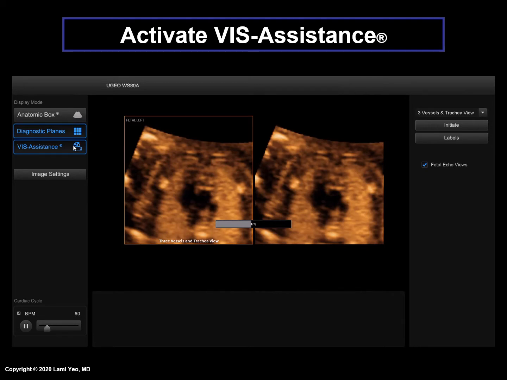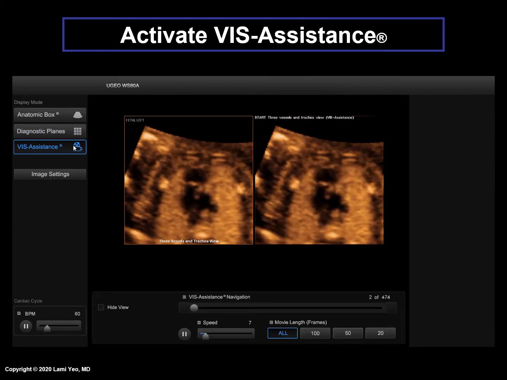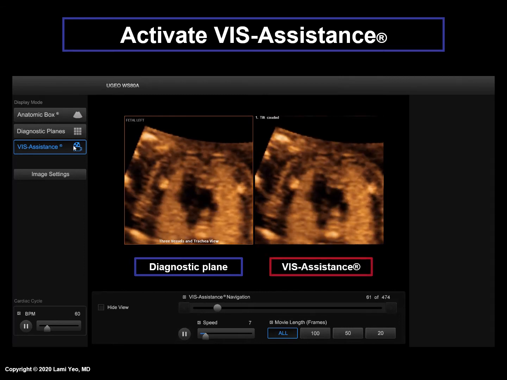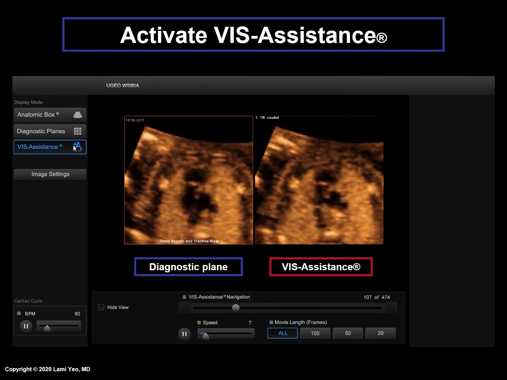Next, the VISA Assistance video clip for the cardiac view is activated. On the left side is the original diagnostic plane of the 3 vessels and trachea view, while on the right side the VISA video clip plays and there is automatic sonographic navigation and exploration of surrounding structures. As a result, the VISA image has changed to become the 3 vessel view, which is different from the original diagnostic plane, which is the 3 vessels and trachea view.